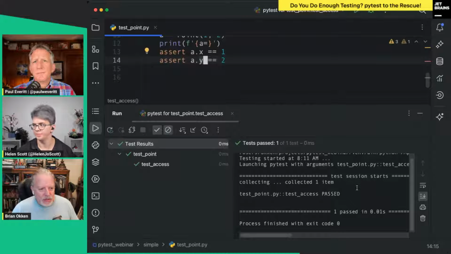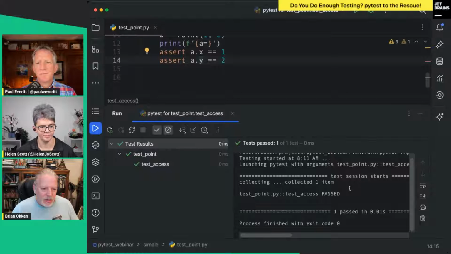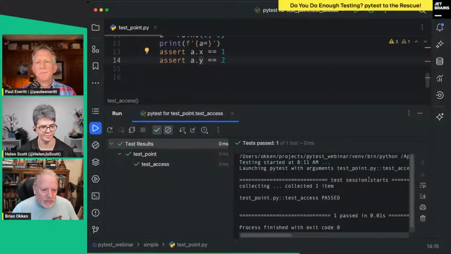And I can see the output. Hey, the output wasn't there. I forgot how to turn those on. Anyway,